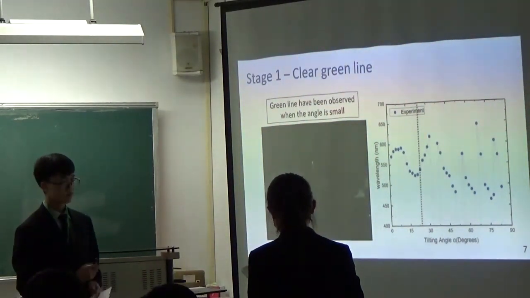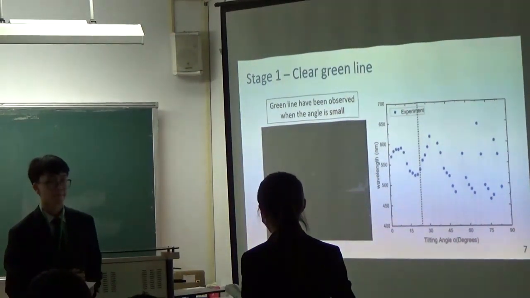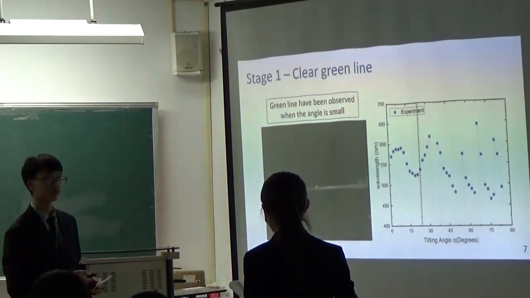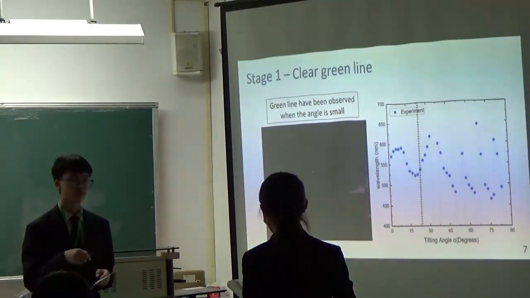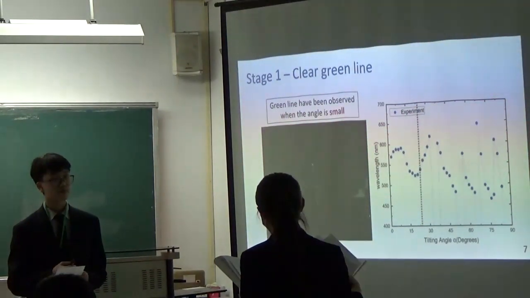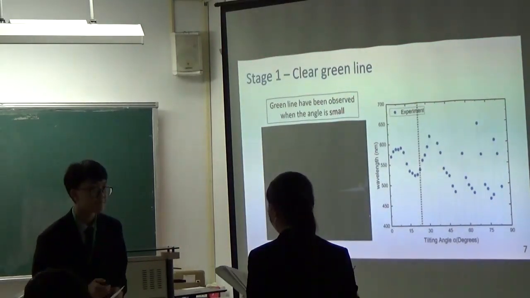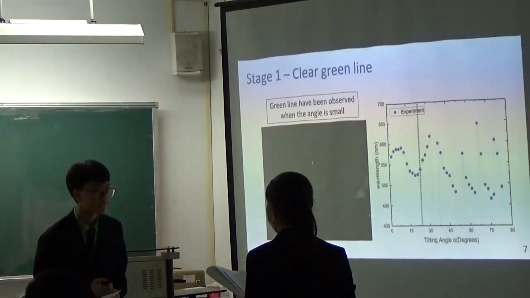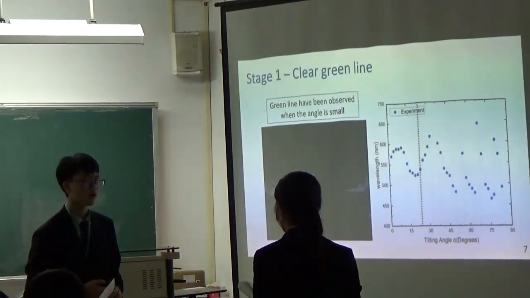Okay, thank you. And another question is, do you analyze the composition of the disc? The composition of the disc. Yes, we use a microscope to see that there are actually small tracks on the CD. Okay. So when the stroke of the CD is increased, the power of the green light will also increase. When the stroke of the CD increases, the power of the green light will also increase too.